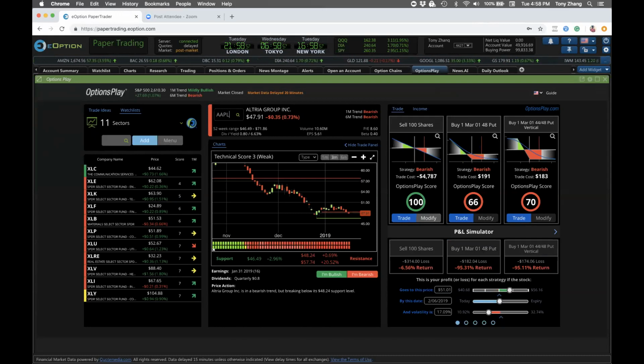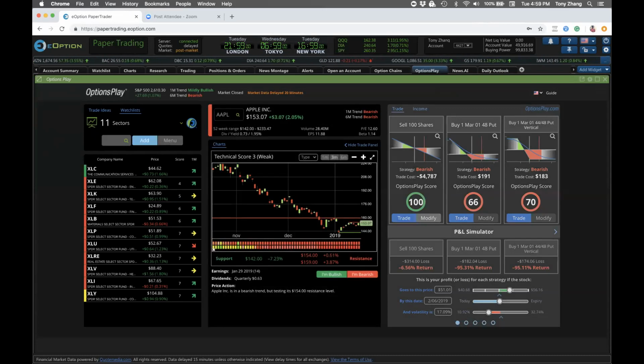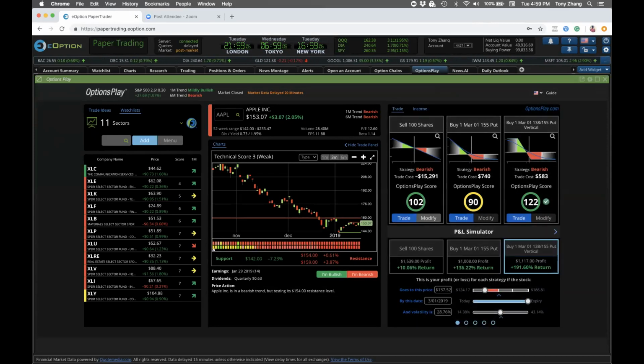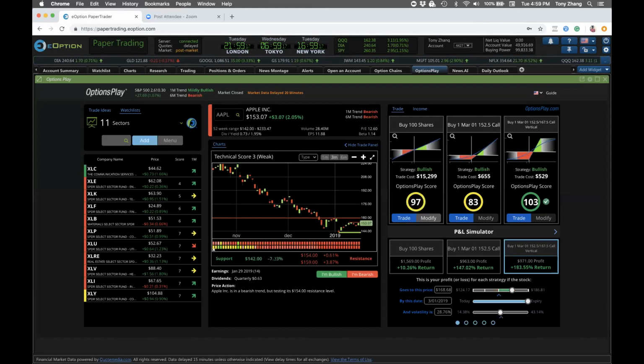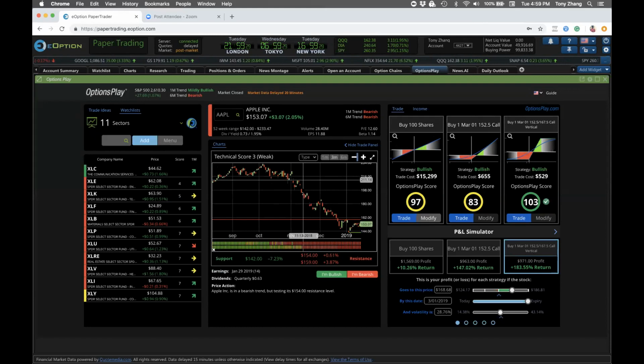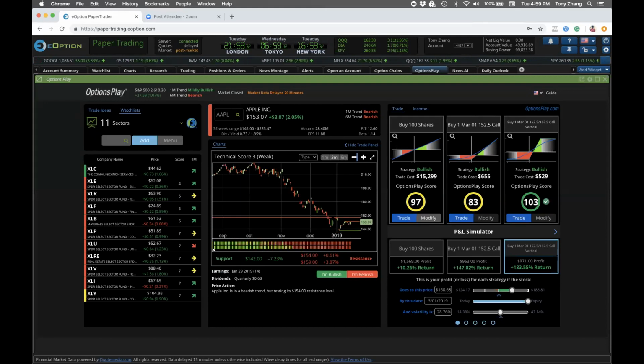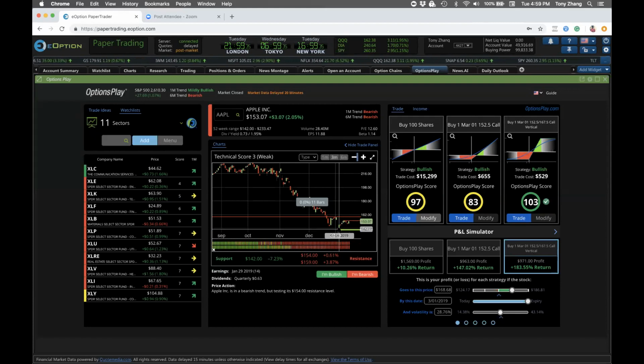Let's look at Apple. I think Apple is another one that a lot of people are looking at. Certainly Apple has done a very good job of providing guidance that the slowdown in China is really affecting them. Perhaps this is a little oversold, and I think some people might feel the same way. So maybe Apple reports earnings in 2 weeks, and things are going to look a little better than they painted the picture of. So I'm going to look at some bullish strategies on Apple. Apple's trading at 153 after taking a large tumble from a 230 peak down to 153. That's a very large move. That's an $80 move, almost a 40% move over just a few months.